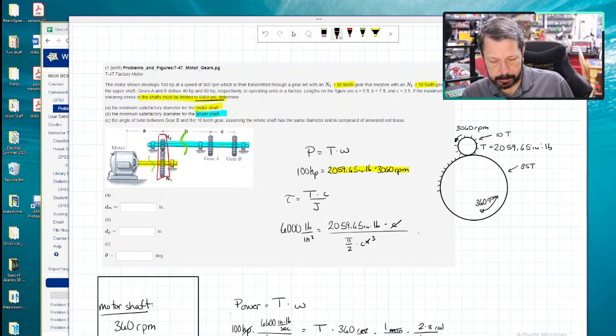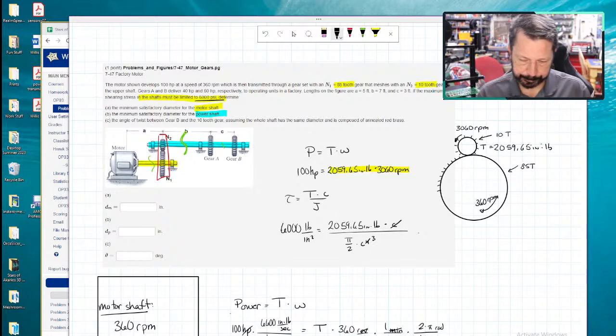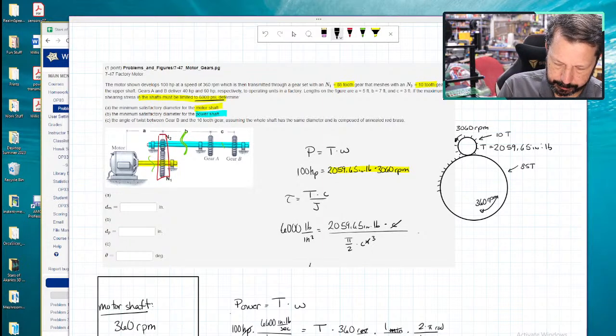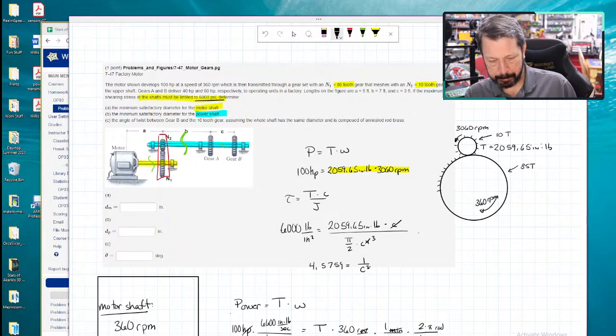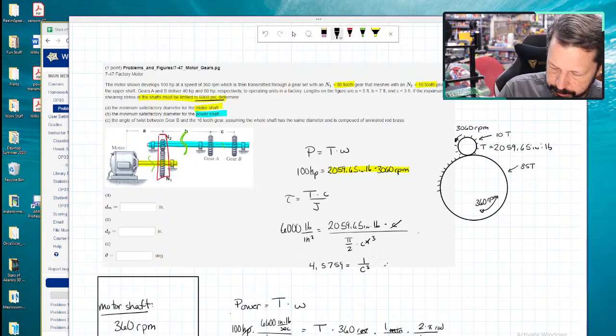6,000 times pi over 2, divided by 2059.65, and I get 4.5759 equals 1 over C cubed. So 1 divided by 4.5759, C cubed is equal to